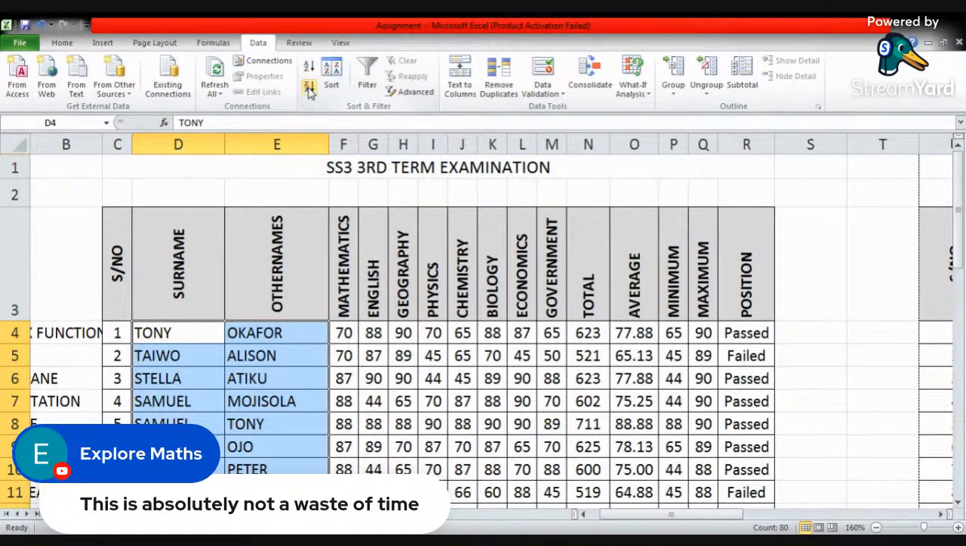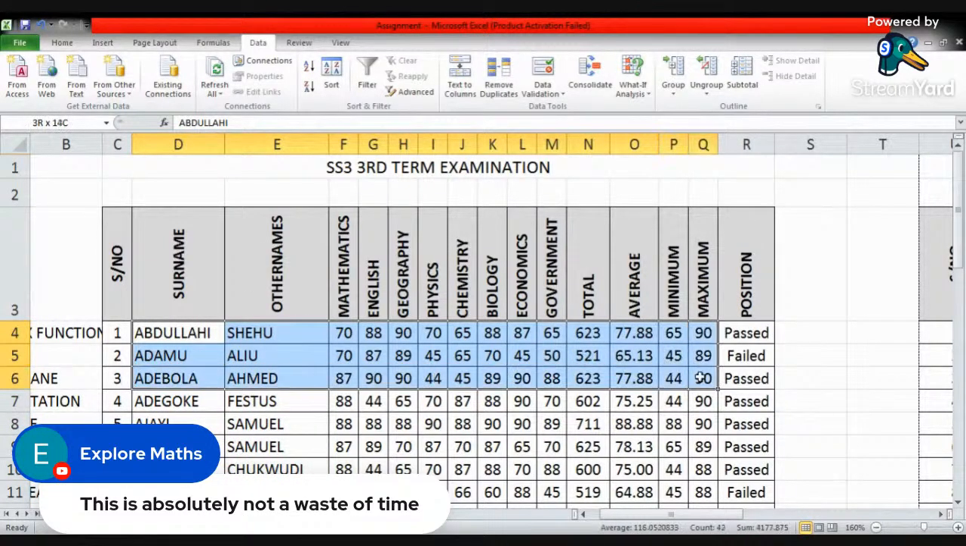You see, it didn't change. Why? Because I selected only the names. I'm saying sort only the names in alphabetical order from Z to A. But when I say from A to Z, it comes back. But when I select all like this,